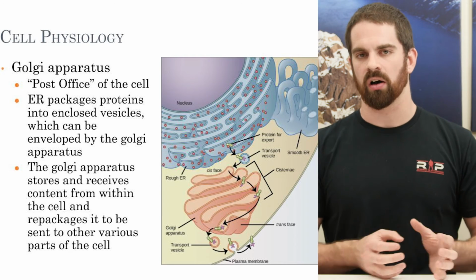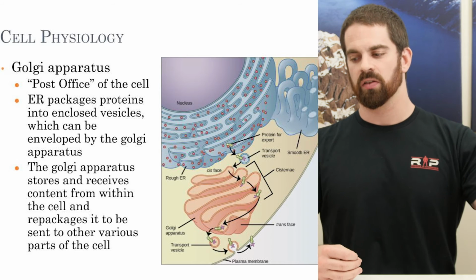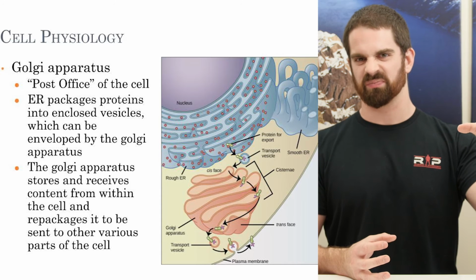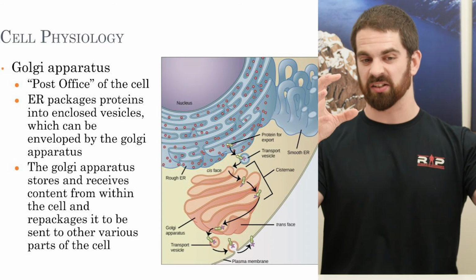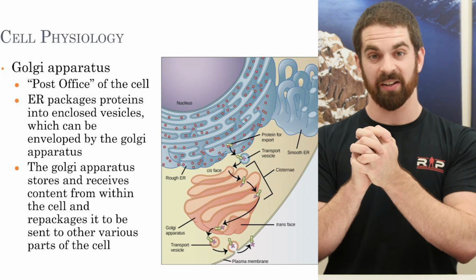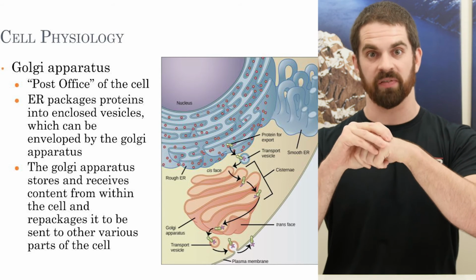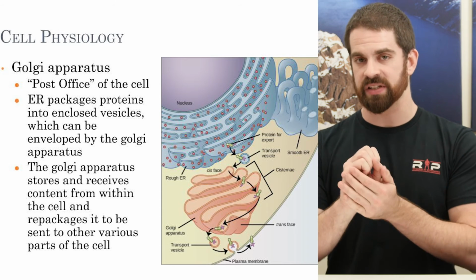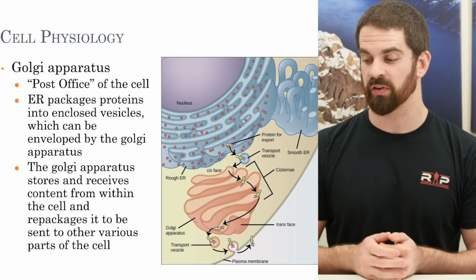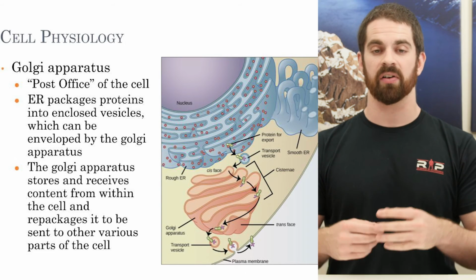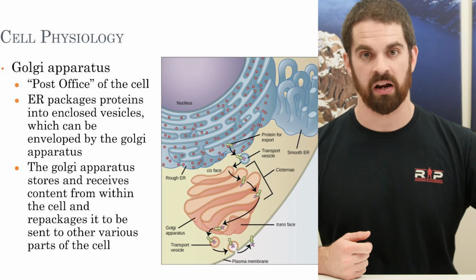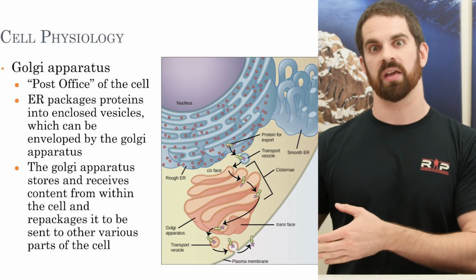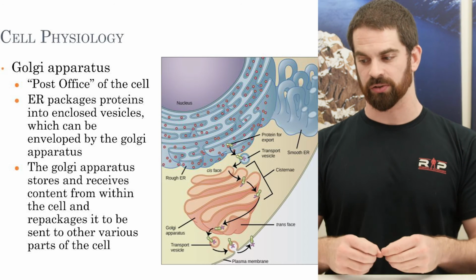That usually gets sent off to this Golgi apparatus, where the Golgi apparatus will kind of envelop these vesicles, so you can kind of see it's like a booger snot looking thing, and it basically moves into a bigger booger snot looking thing, which is kind of gross, but it basically envelops or invaginates the vesicle, takes the contents out, reprocesses it, and then sends it off to wherever it needs to go. So it very much functions like the post office in the cell, where we have certain things like proteins that need to get sent to different areas, whether they're in the cell or out of the cell. The Golgi apparatus ensures that things are going where they need to be, and it repackages them in little vesicles,